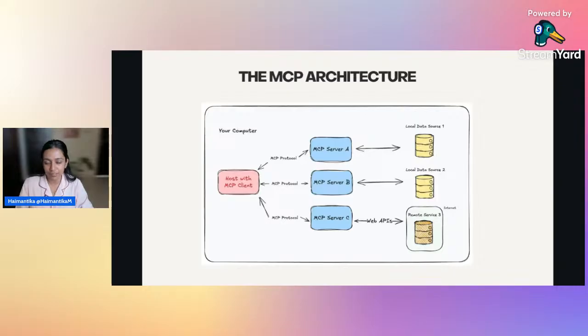So end of the day, what MCP is really doing is helping a client and a server communicate, and it is the communication protocol in between them. And on the right again, you'll see that it could be local resources, it could be third party or remote resources like API, and all of this communication that is happening between the host and the server happens with the standardized protocol, which in our case is MCP, or model context protocol.